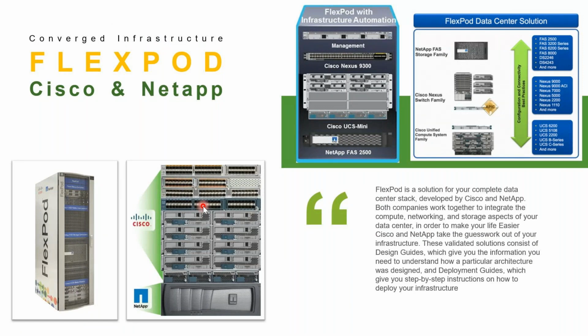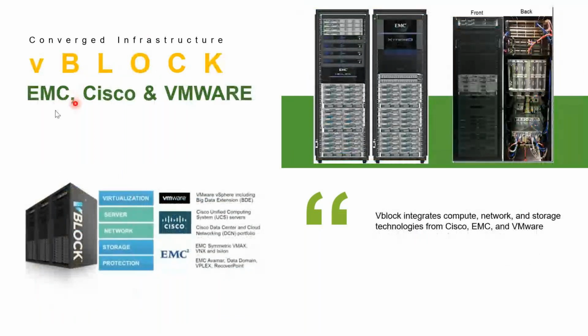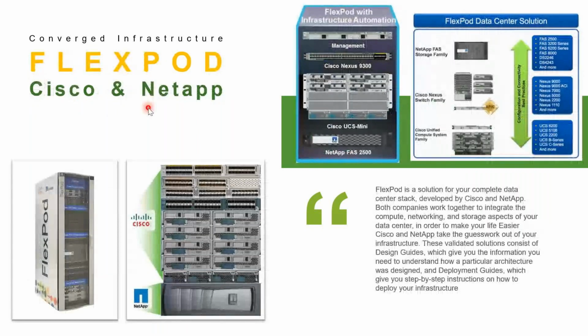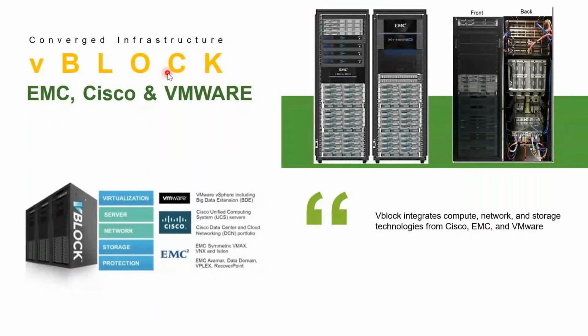We already discussed something: FlexPod, a combination of Cisco and NetApp. You have a Cisco server here, then Cisco switches, then under that you have the NetApp storage, all in one box. At the back end, all the cabling is already done. You just buy this box, connect it, and within a short moment of time, you can bring up your data center. Then vBlock is similar, only EMC gets replaced. This one is with the NetApp storage, and this one is with the Dell EMC storage, vBlock. The concept is all the same, only the storage vendor is replaced here.